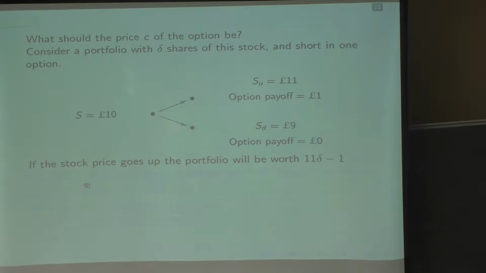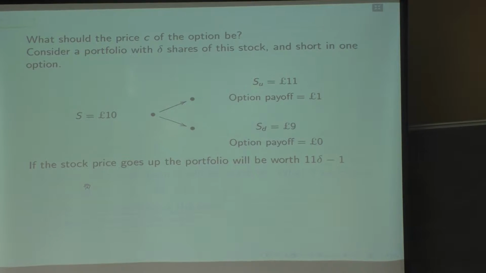So we have delta units of this thing which cost 10 now and will cost either 11 or 9 in a year, and minus 1 call options. So what does it mean, minus 1 call options? We issue a call option. And now if we find ourselves in this state of the world, we're going to lose £1 because someone is going to buy this stuff from us for 10, but we're going to have to go to the market and buy it for 11. So we're going to make a loss of 1, and in this state of the world, nothing is going to happen.